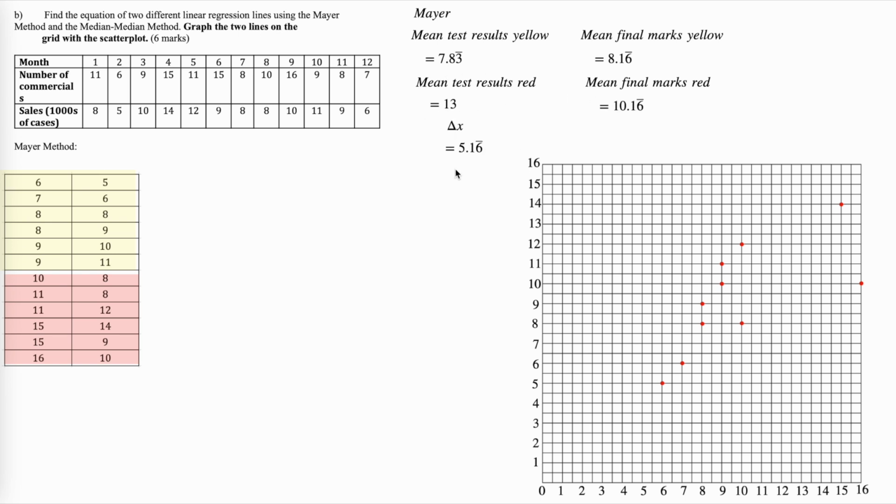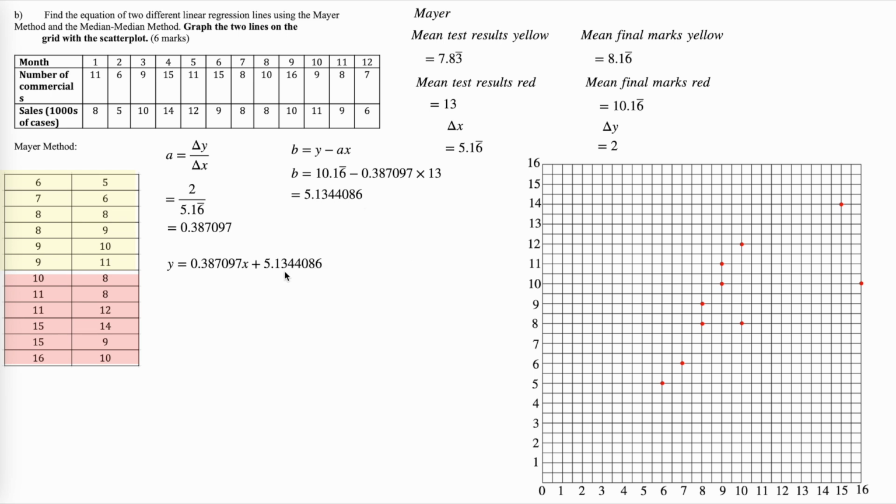The delta x for these 2 points is 13 take away the 7.83 repeating, which is 5.16 repeating. The delta y is 10.16 repeating, take away the 8.16 repeating, is 2. The a is delta y over delta x, which is 2 over 5.16 repeating, which gives me 0.387097. The b is y minus ax. I'm using this as my point, so it's y minus ax. This is my y, 10.16 repeating, take away the a times the corresponding x, the 13. That gives me